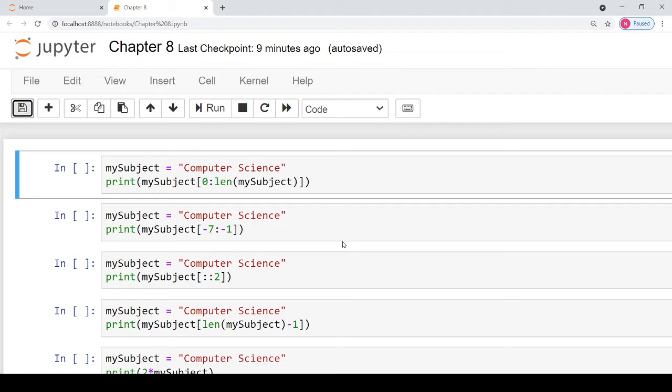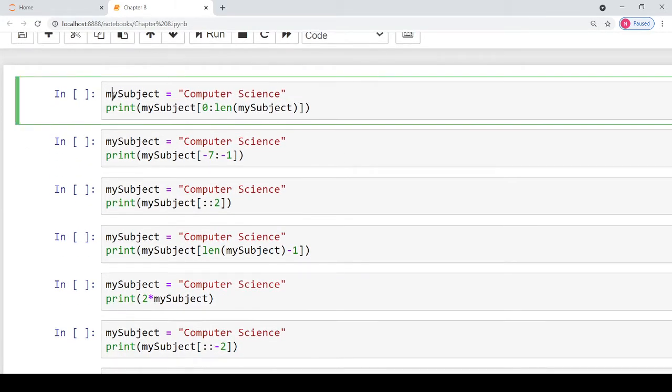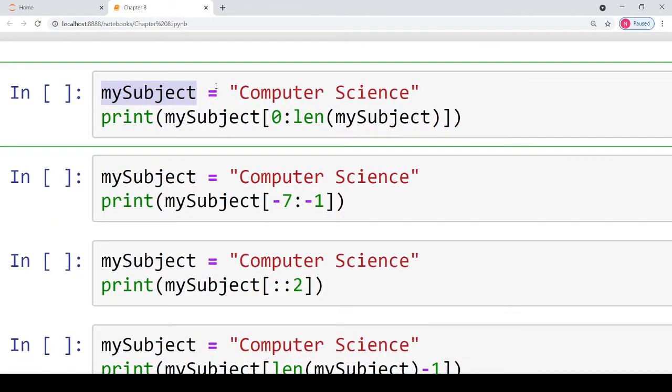In this video, we will be doing the back exercise questions of chapter 8, Strings, from your NCERT class 11th Computer Science book. The first question says that you are given a string my subject. The name of the string variable is my subject and it contains the value computer science. There are different parts to this question, and for each part you have to tell what will be the